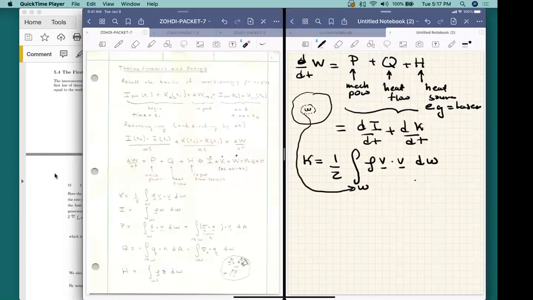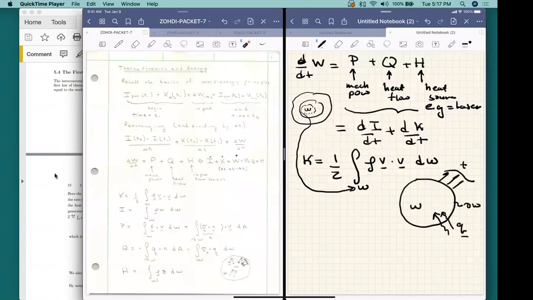Okay, so we're going to isolate one little piece of material. So the piece of material, let me zoom on it here, has the domain omega. The boundary is partial omega. It's going to have traction vectors on its surface, just like we had for the stress analysis. It's also going to have potentially heat flow. So it's going to have heat going into the system, which will use the symbol little q. And then also it has an outward normal, and that outward normal we're going to call n. So those are the usual symbols we'll use to describe exactly what's going on with these three pieces, H, Q,